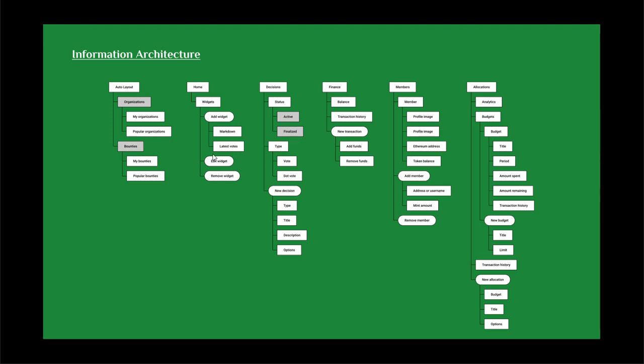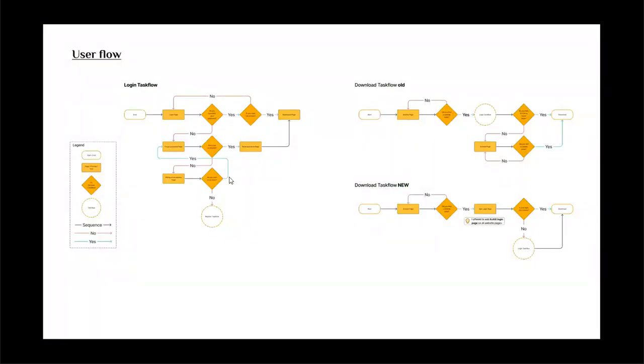So let's say I come to this product now to use it and I'm going to remove widgets now. How do I get there? So that's the user flow or the task flow. And then this is an example